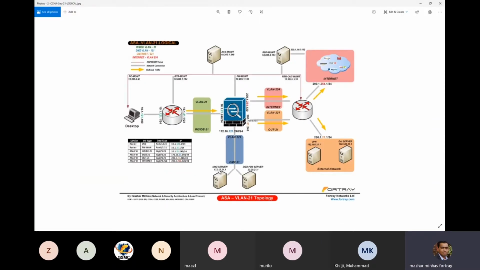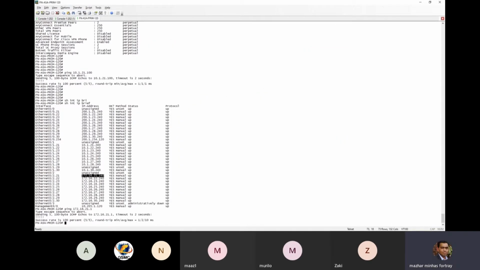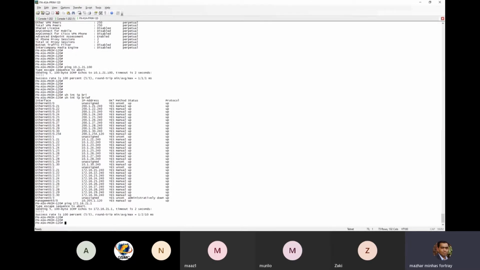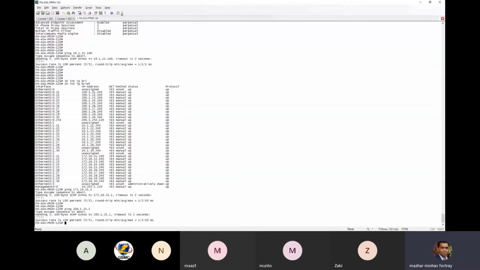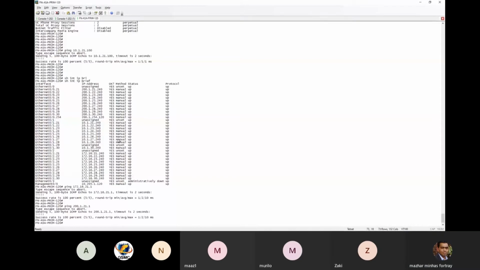This server is 172.16.21.1, because you are in 172.16.21. So it's not actually 121, it's actually 21. A little bit of a mistake here. I can ping my next hop IP. Also, can I ping 201.21.1? I can ping.